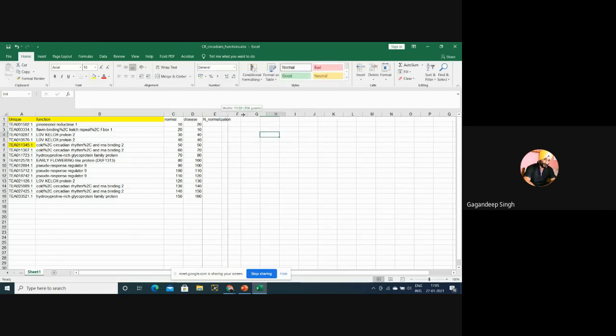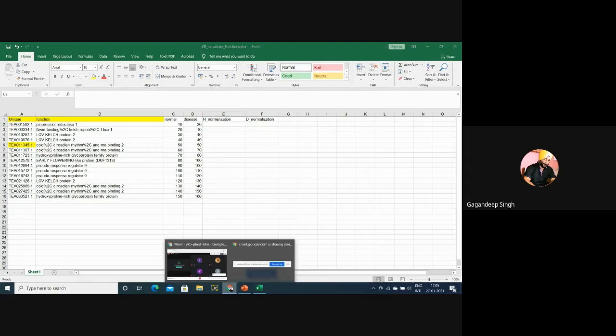Why have I typed this capital N? Capital N normalization means I have normalized the normal condition. Now, capital D underscore normalization. This is the normalization for the disease condition. Very simple thing.